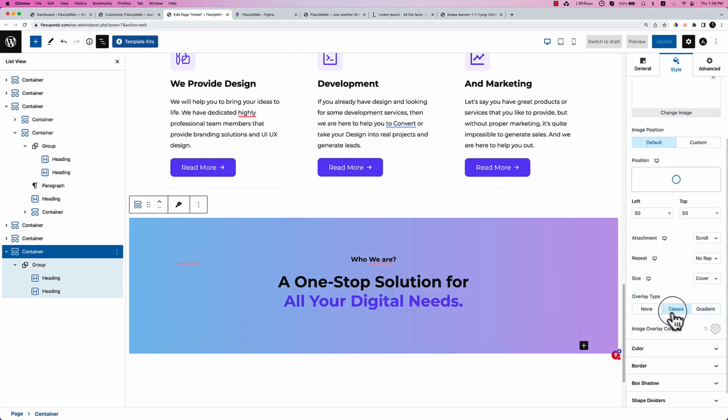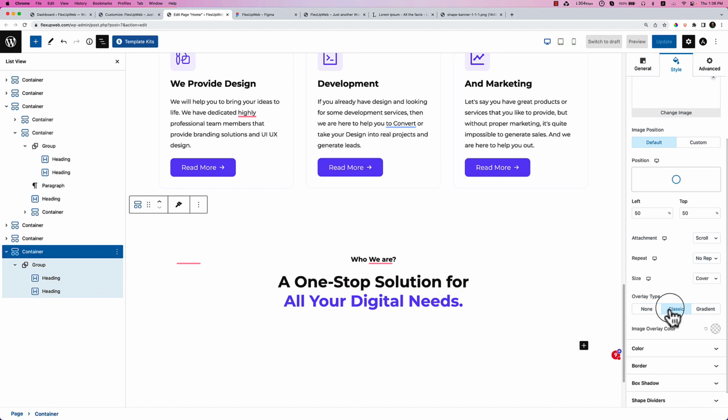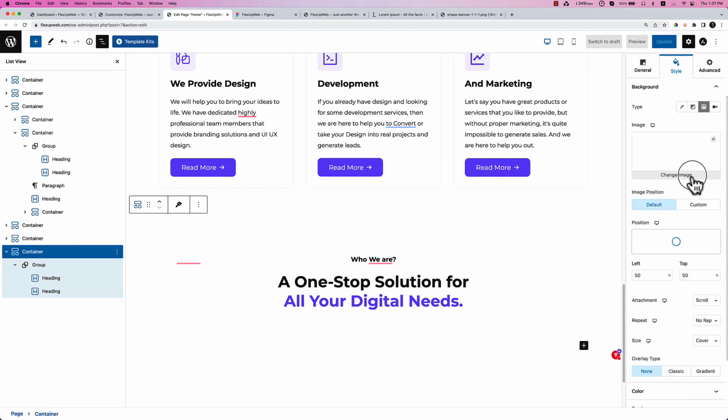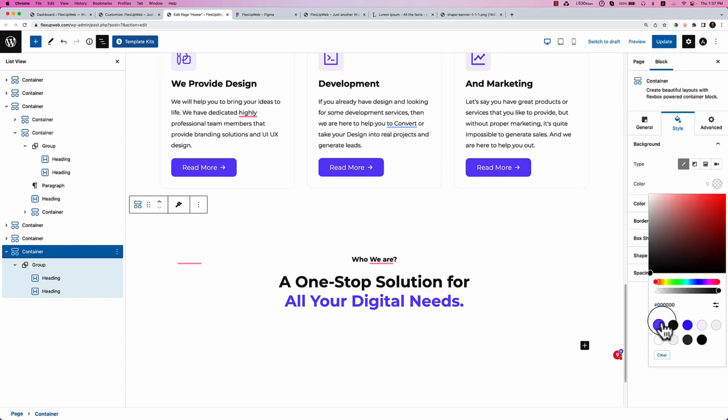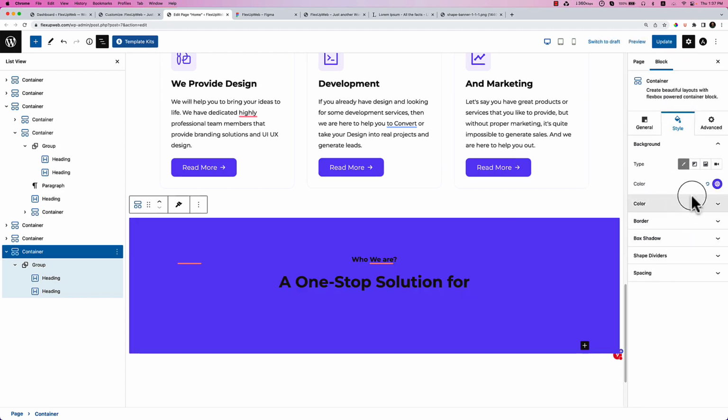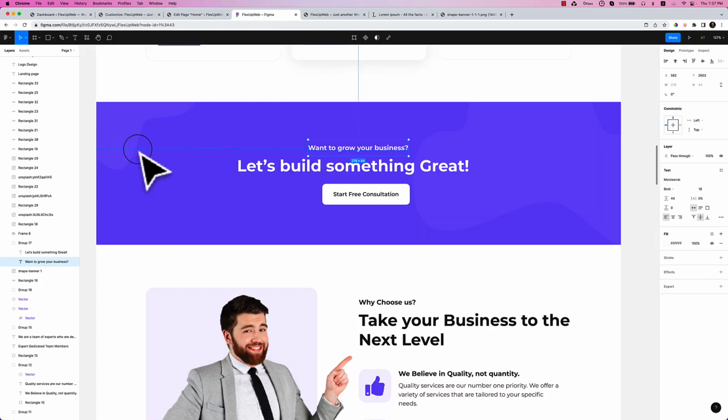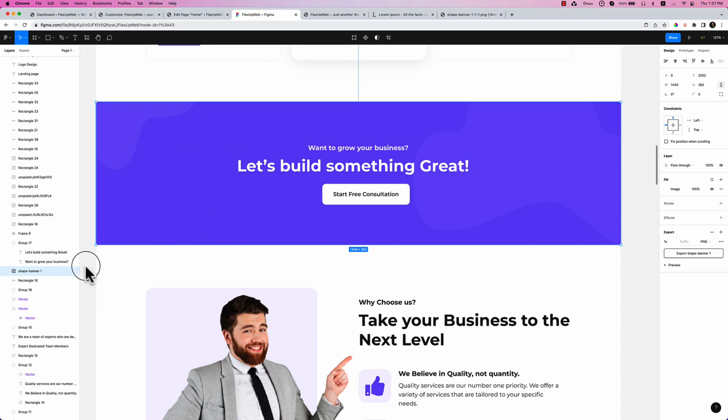It should work. Let's add a solid background color here first. And if it's not working, no worry, we can export this one using the shape